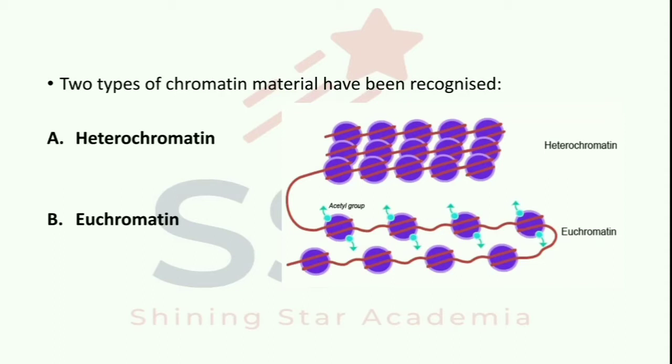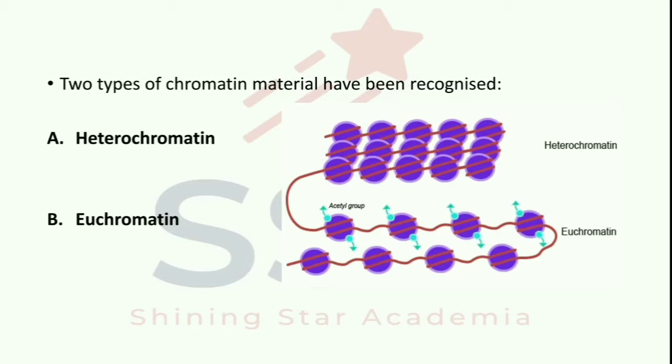The darkly stained condensed region of the chromatin is known as heterochromatin. The condensed portions of the nucleus are known as chromocenters or karyosomes or false nucleoli. The heterochromatin occurs around the nucleolus and at the periphery. It is supposed to be metabolically and genetically inert because it contains a comparatively small amount of DNA and a large amount of RNA. Okay, so heterochromatin is genetically and metabolically inactive.